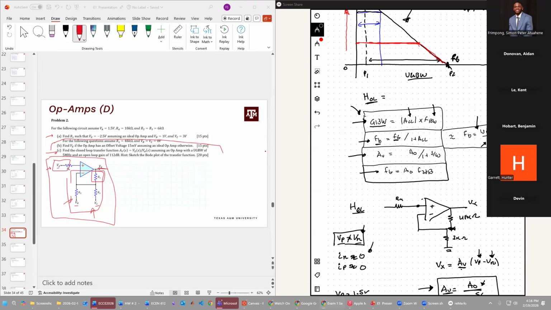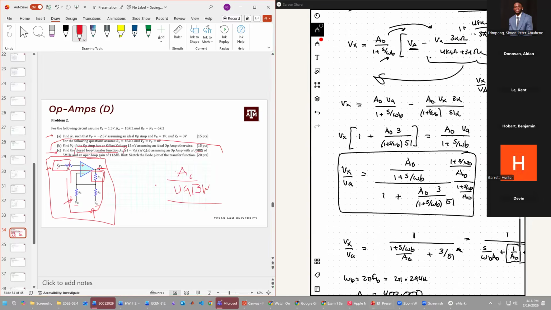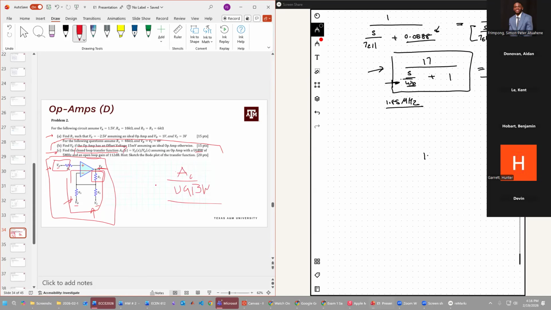Oh, Kent asked, how do we know it was non-ideal? The reason we know it's non-ideal is because it's asking us to find the closed loop transfer function given the unity gain bandwidth and the open loop gain, right? You only ever use the open loop gain and the UGBW, unity gain bandwidth, if the op amp is non-ideal. Because remember, if it was an ideal op amp, the closed loop transfer function is just going to be like the non-inverting equation, right? The 1 plus RF over RA equation,